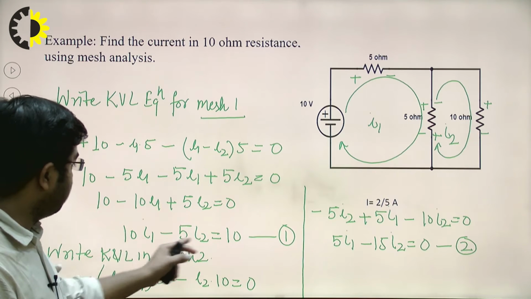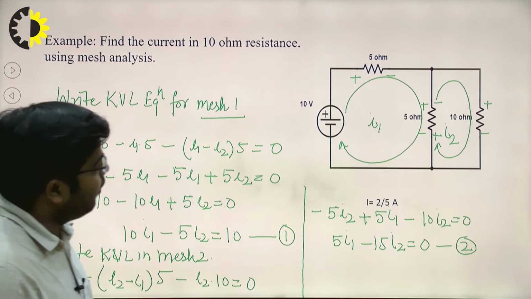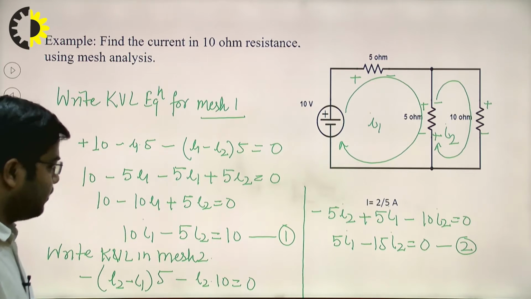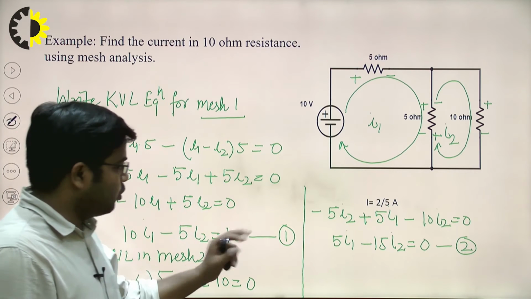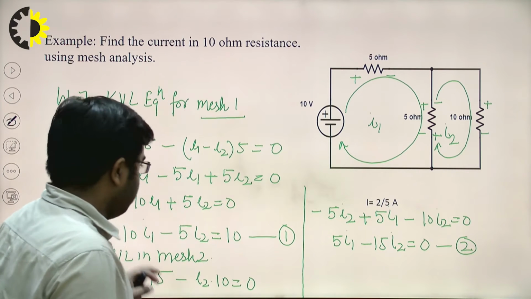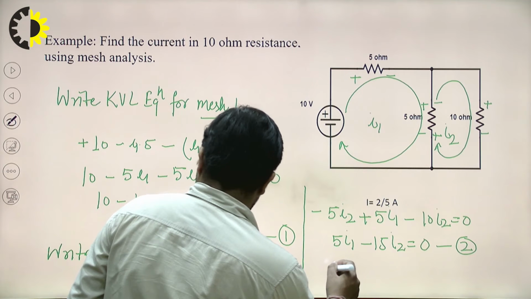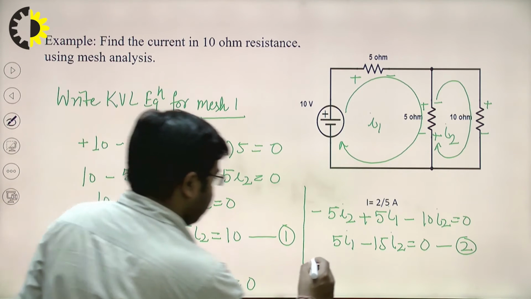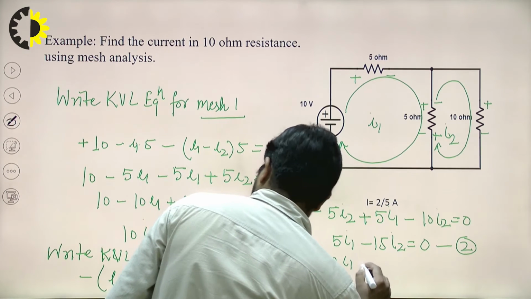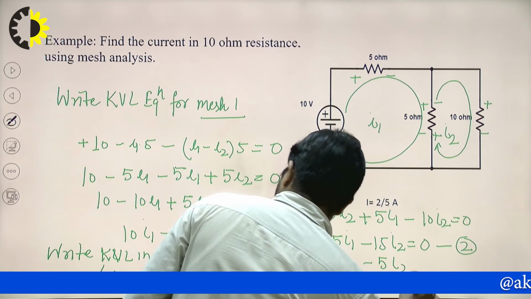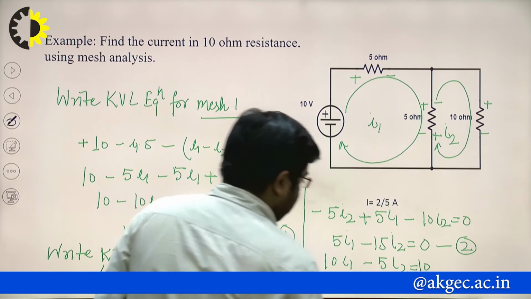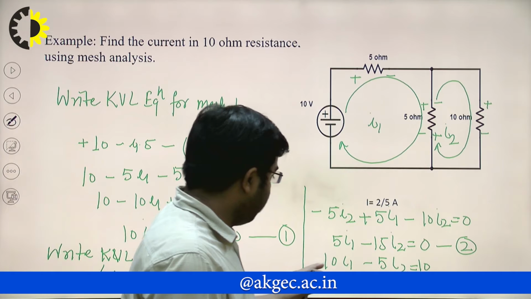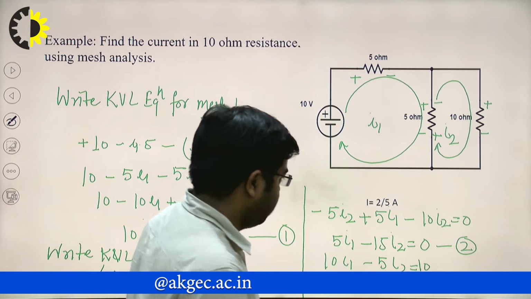So you have this equation and this equation. So you have to find out this current I2 through 10 ohm resistance. So you just solve this equation number 1 and equation number 2. So you can write here 10 I1 minus 5 I2, that is equal to 10. Okay, you just multiply this equation number 2, or you multiply this equation number 1 with,